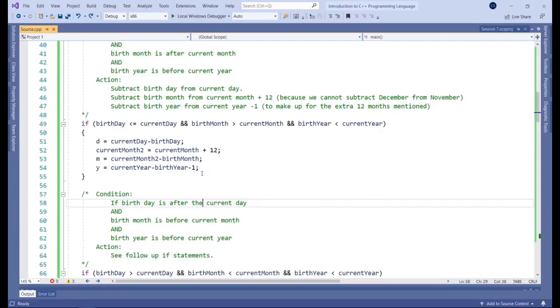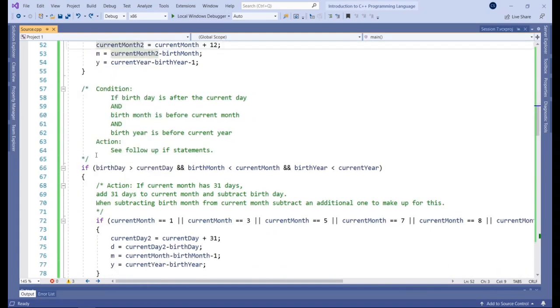It's a bit of a tricky one when the birth month is past the current month, because it does change that calculation just the slightest bit. The next one will be similar to that, and it will follow some of those same principles. But in this one, it's the birthday that is higher than the current day.